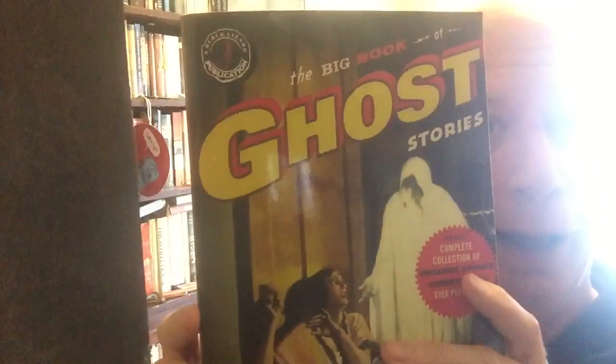And this is the big book of ghost stories, which is a hefty thing and double column. So you're really getting a lot of stuff in here. The anthology ranges from way in the past. This is edited by the great Otto Penzler, and this goes way into the past and comes all the way to the present. So you've got all the usual suspects, Lafcadio Hearn and E.F. Benson, but also